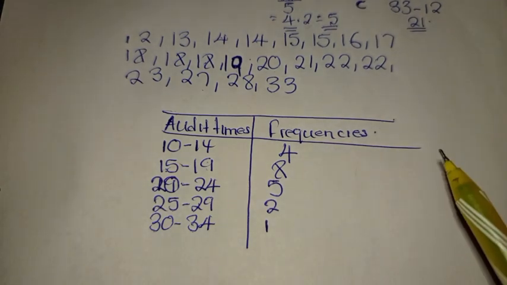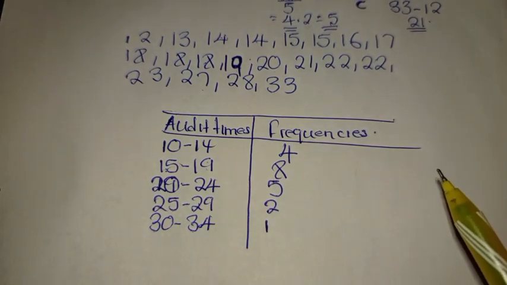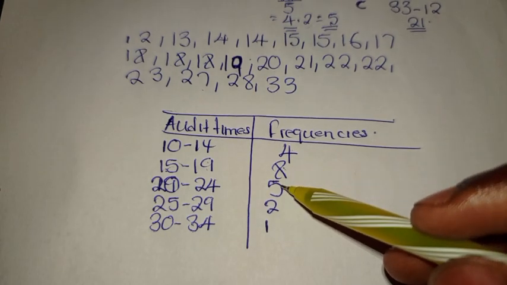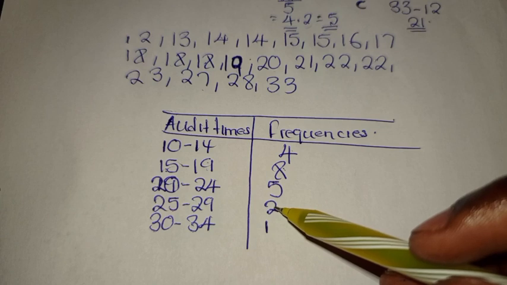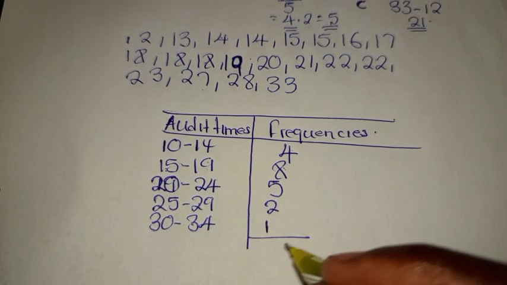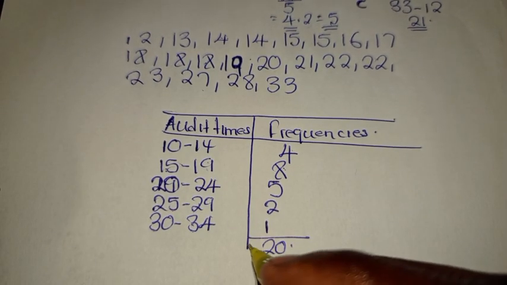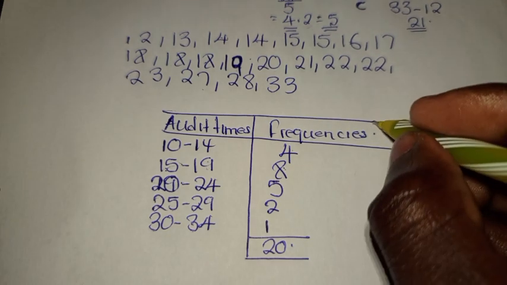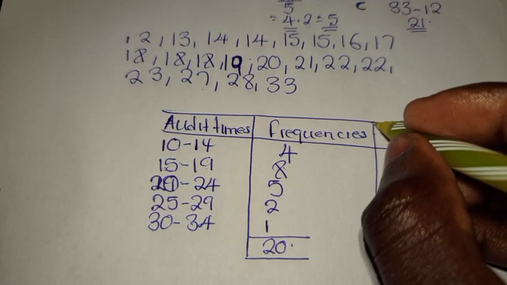Remember, they told us to say for a sample of 20 clients. So we know for sure that 4 plus 8 is 12, plus 5 is 17, plus 2 is 19, plus 1 is 20. So this is how you construct your frequency distribution table. Having done that, let us now construct what is referred to as the